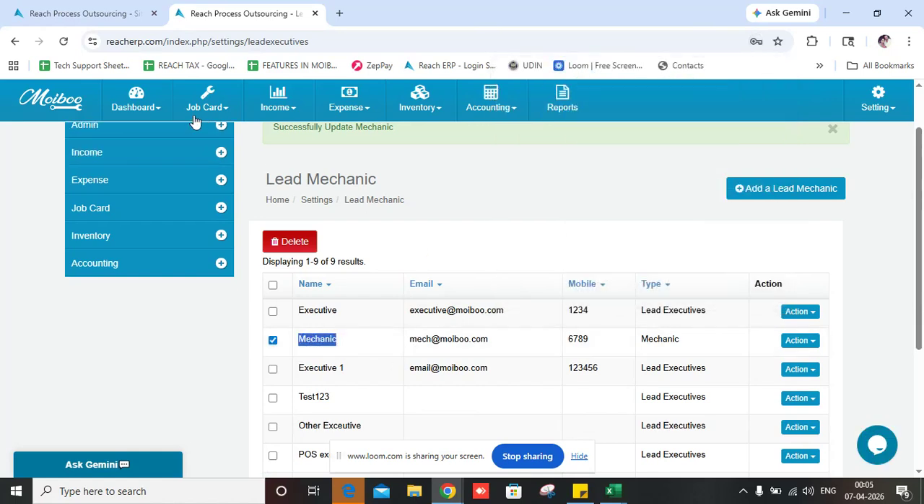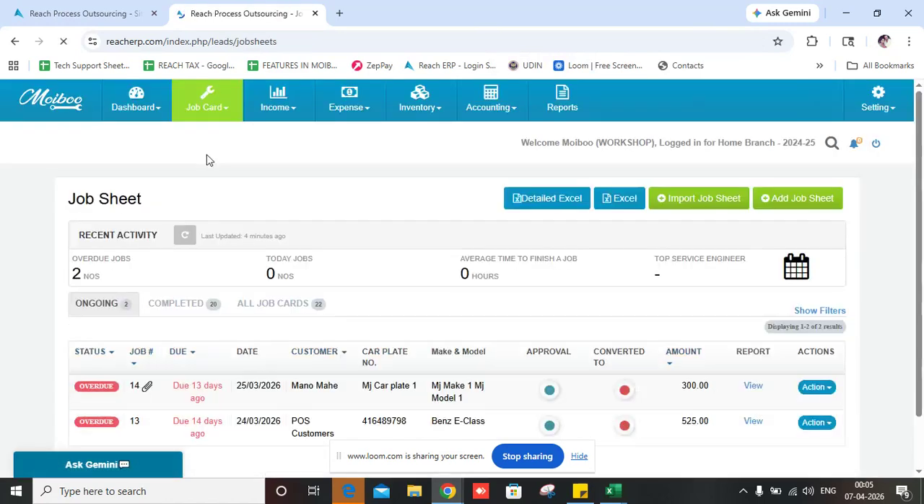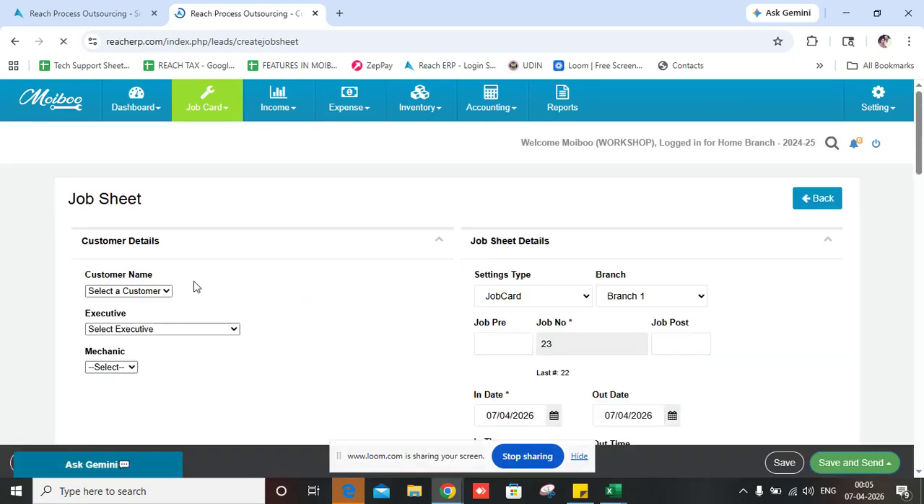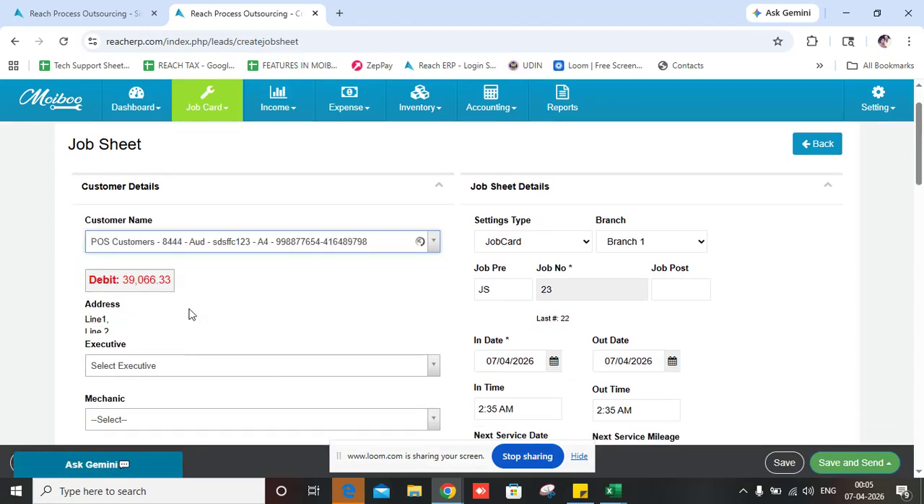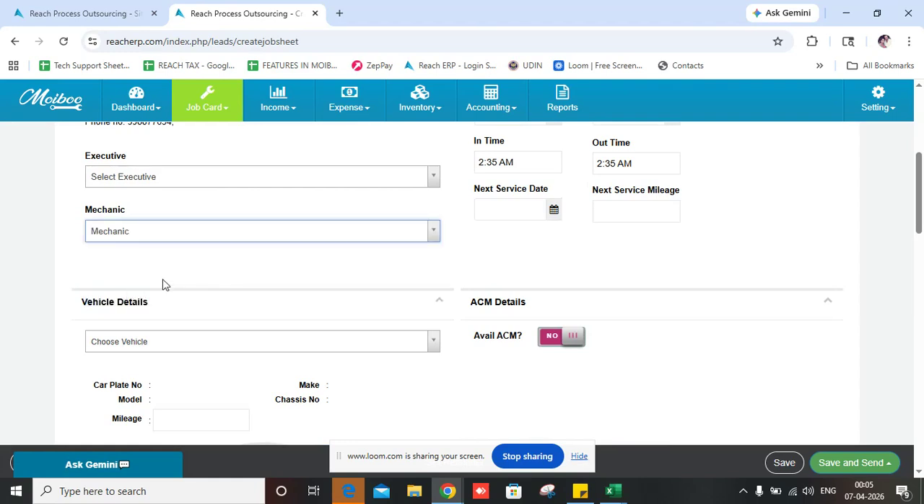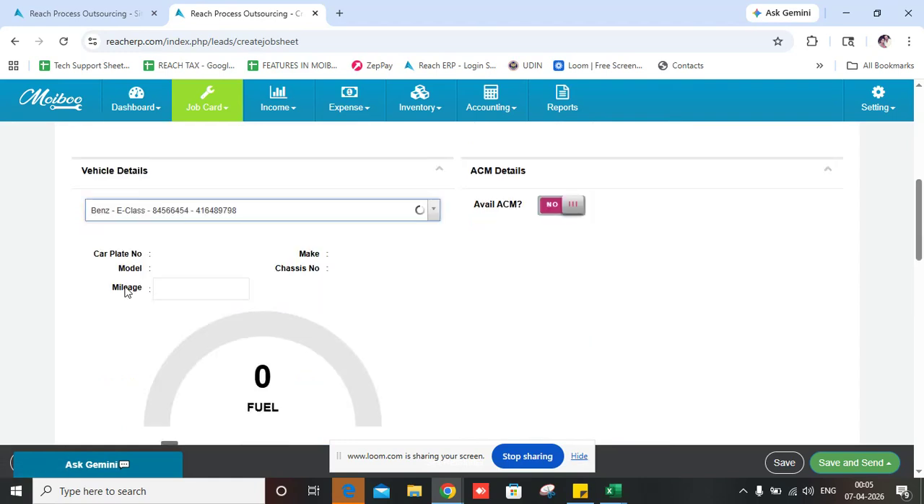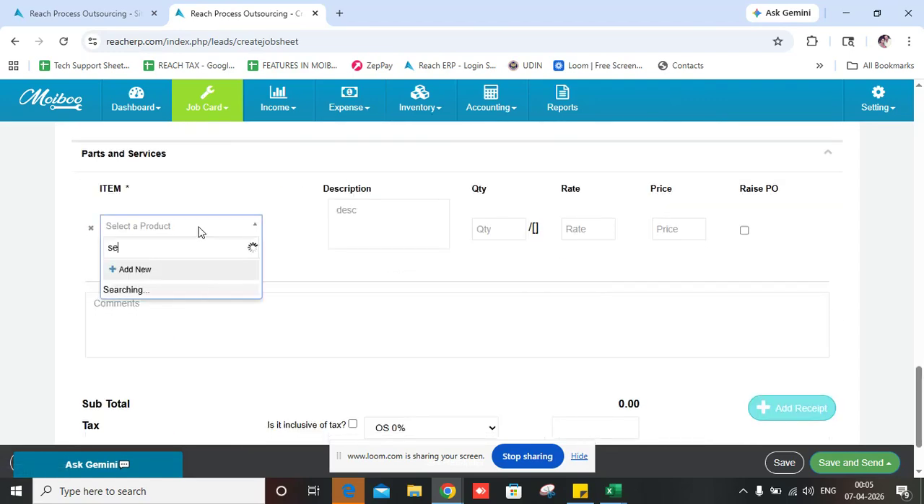So now you can go to the job card and create one new job card. Select your customer and assign the mechanic here. Then choose the vehicle, select the service type,